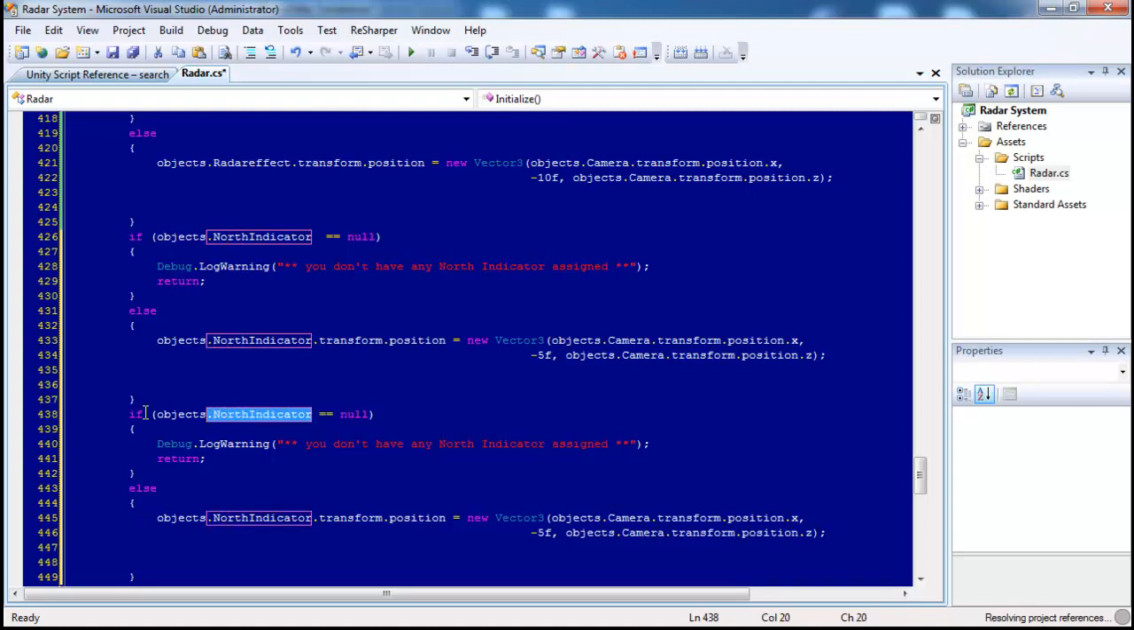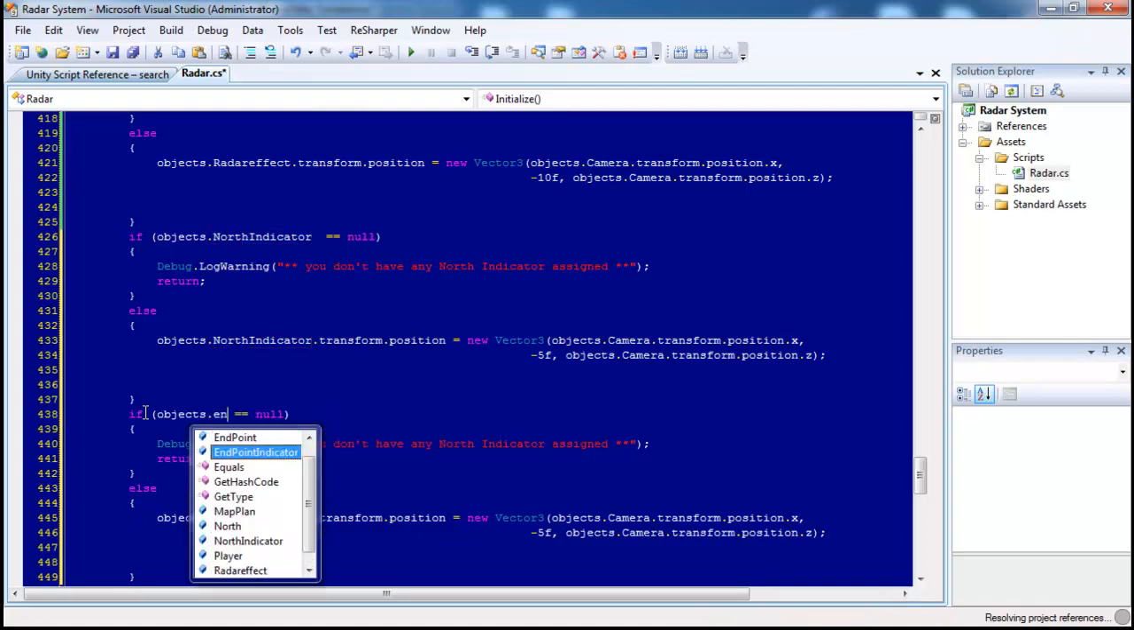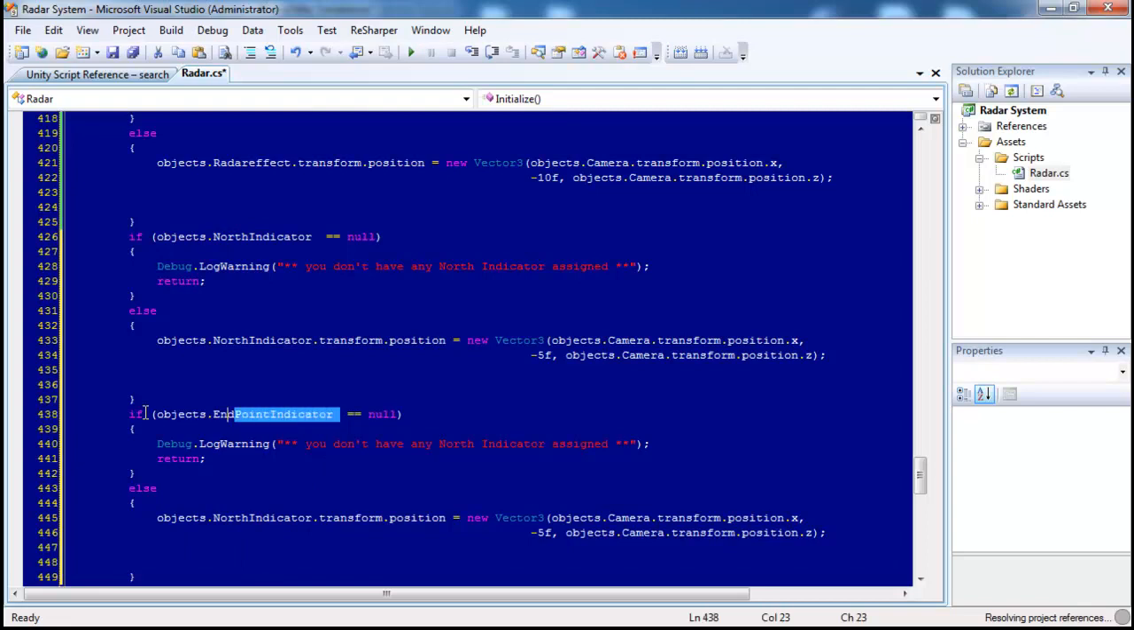So that endpoint indicator, Control C, Control V, and I'll do something like -3 and endpoint indicator. Okay,